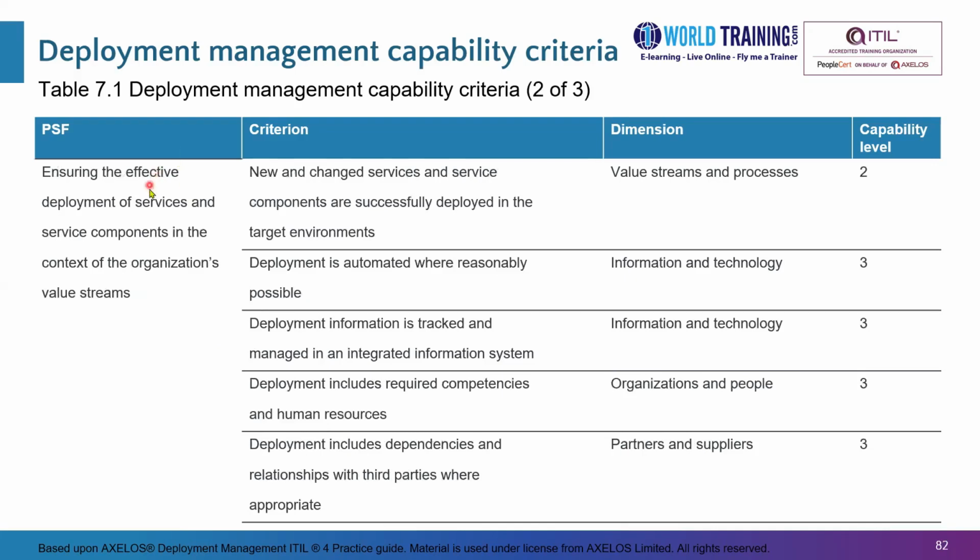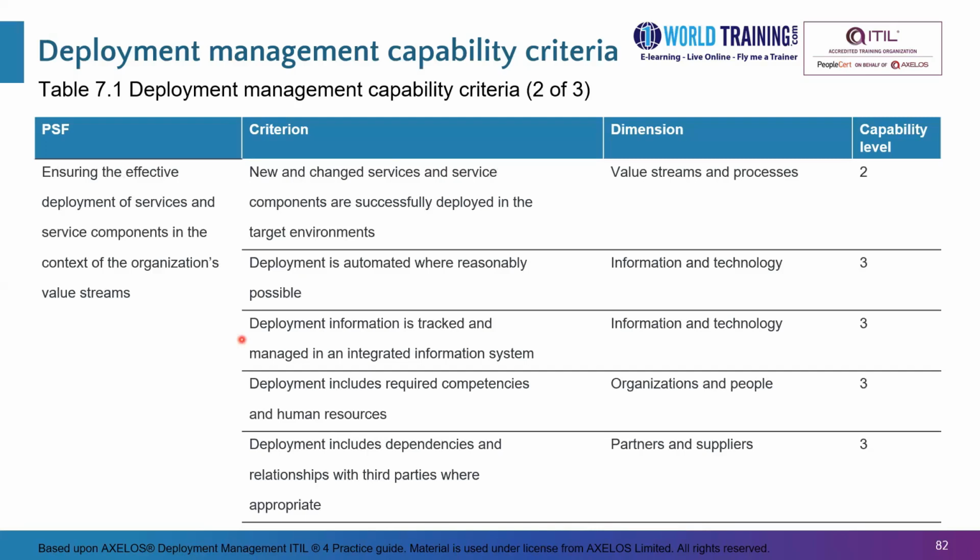Now, for the next PSF, the effective deployment itself, based on the defined models or approaches, the following criteria apply. So the first one here is the deployments are successful in the target environments for the new or changed services and components, and the deployment is automated at level 3, that is. So each deployment is automated. And then we also know that the integrated information system is at level 3, and that happens along with